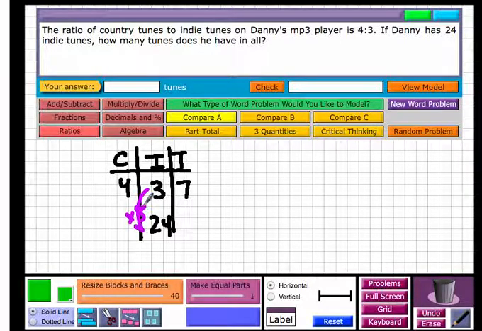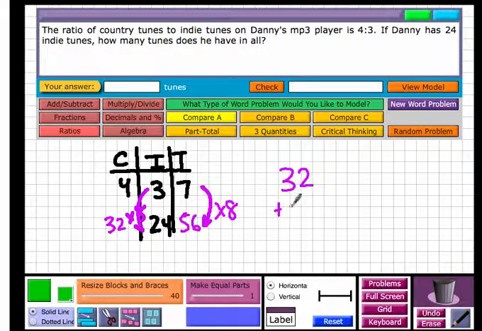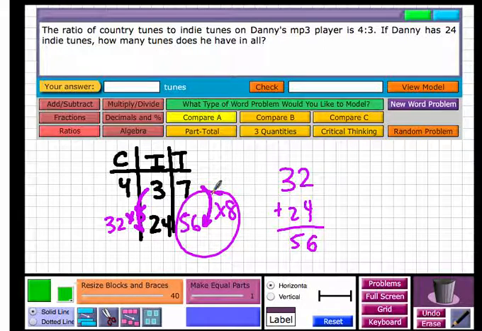So there's actually 2 options for this problem that people can see. If you know we're multiplying indie tunes by 8, you could just go straight to the total category and multiply that times 8, and you would get 56. If you don't have a total category in your table, then you can multiply 4 times 8 and get 32, and then you could off to the side add 32 plus 24, and you would realize that's 56. So you can save yourself a step, which might be valuable when the problems get more difficult